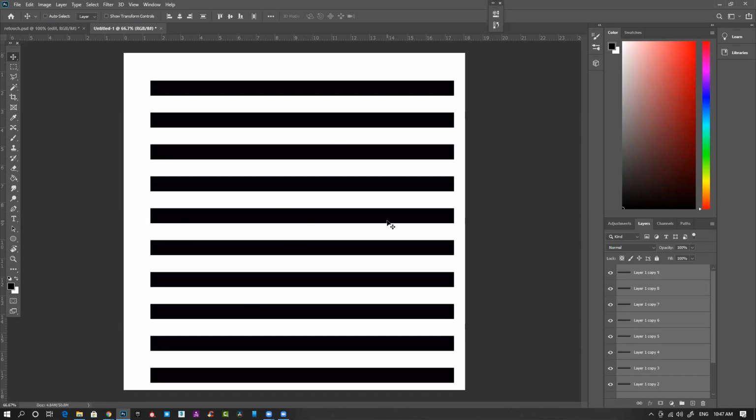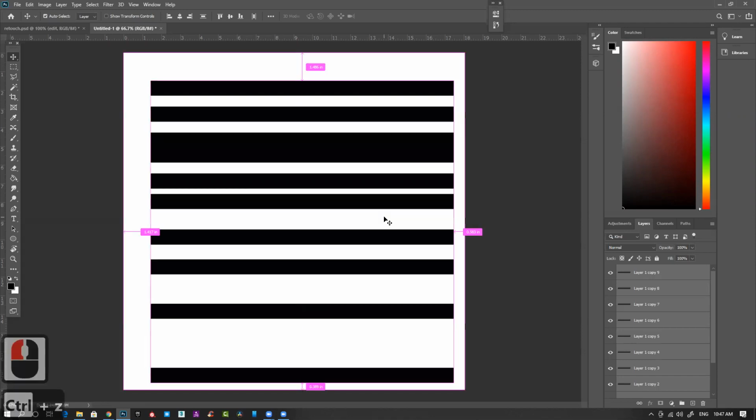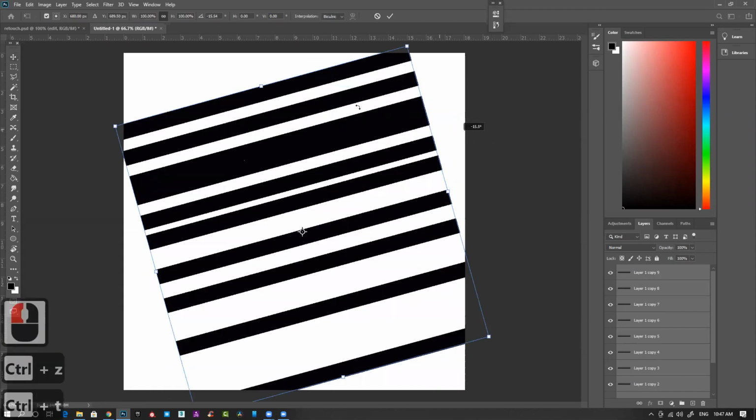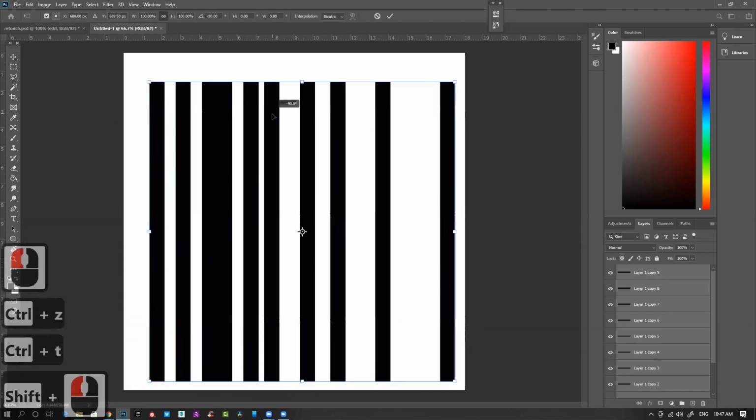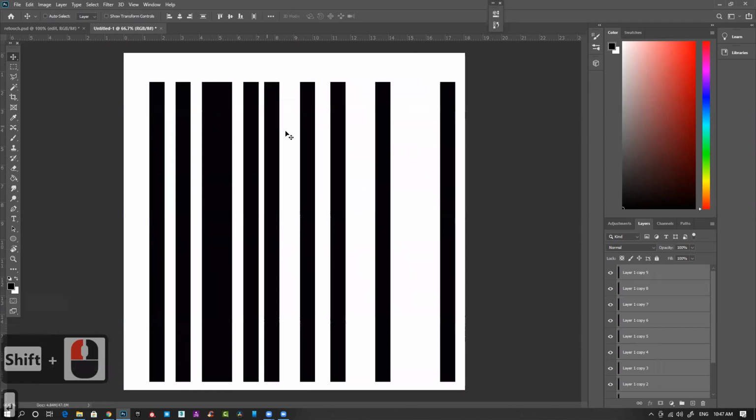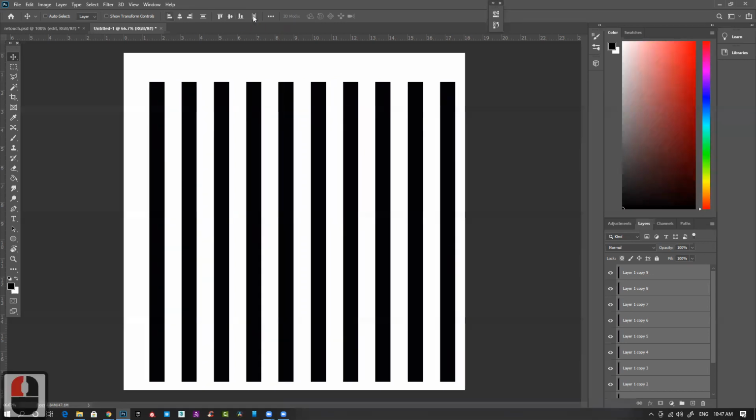Similarly, I can do Control Z and Control T and rotate. I just rotated 90 degrees. If you press Shift, it will snap every 45 degrees. If I do the exact same thing, this is your top align, bottom align, center align, and this is your distribute horizontally.